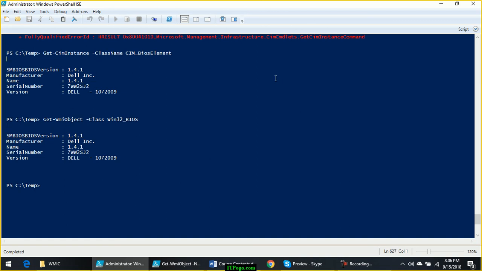Now imagine a situation where you are running this against 1000 servers, which is very common for me. Whenever we run a report, we run it against a minimum of 18,000 servers. So I always prefer using Get-CimInstance instead of Get-WmiObject. Got it? Any questions about WMI versus CIM?